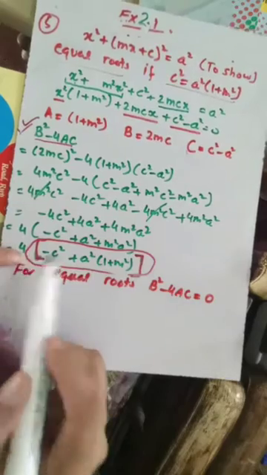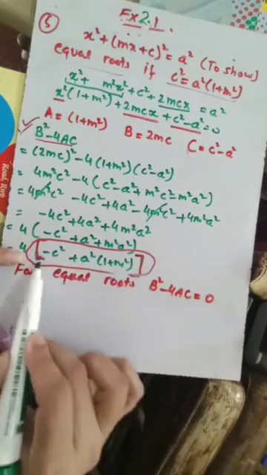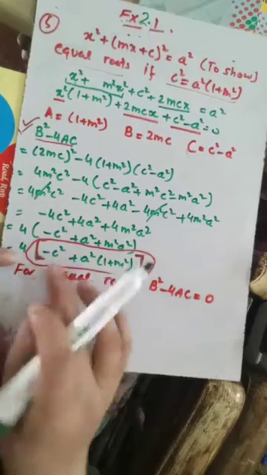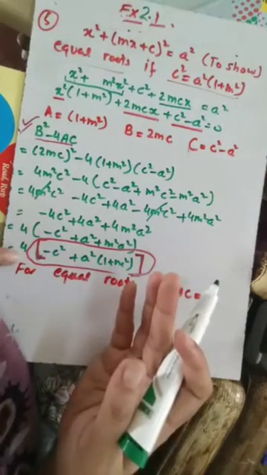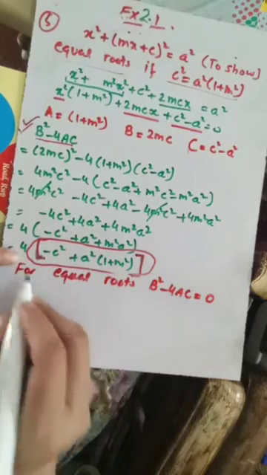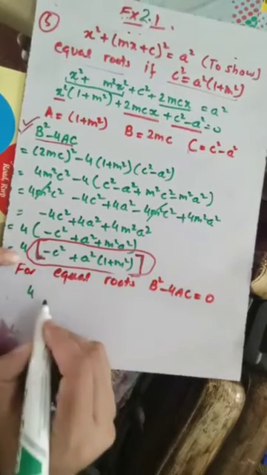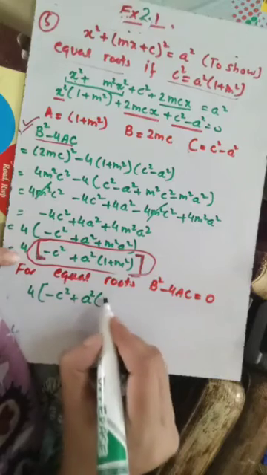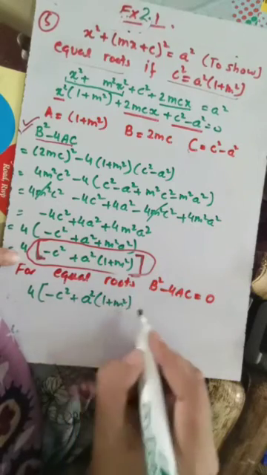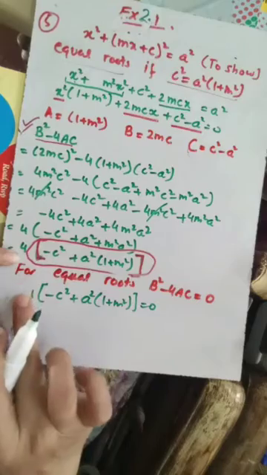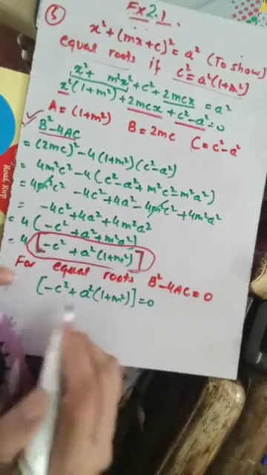Okay, because 4 is not equal to 0, if we want this expression to be equal to 0, this whole number should go to 0, so that 4 into 0 gives us 0 discriminant, and we get equal roots. So for equal roots, discriminant should be equal to 0. It means that this discriminant, let me write it also, this should be equal to 0. Now dividing 4 on both the sides, this will disappear.